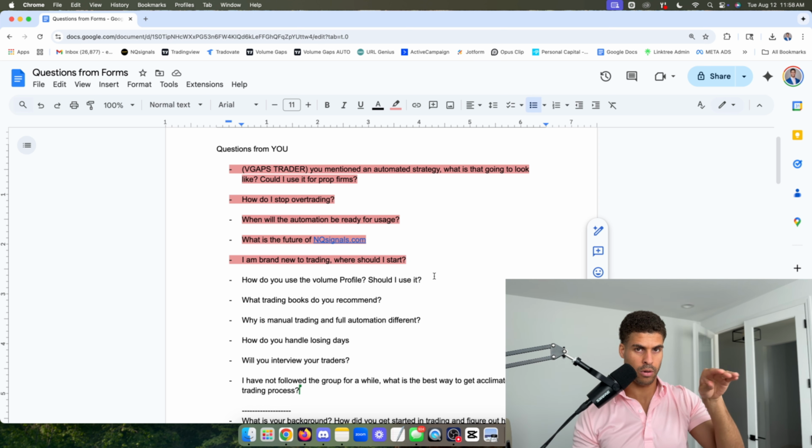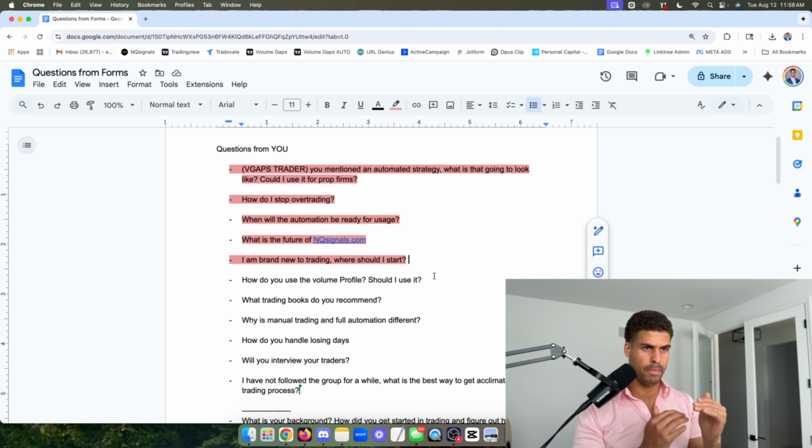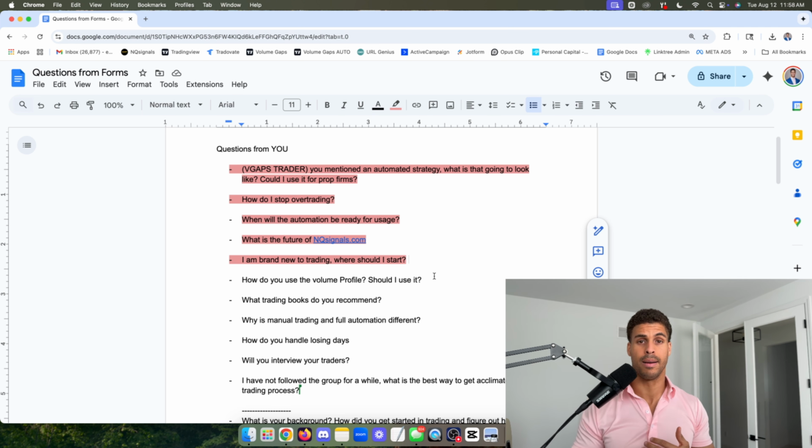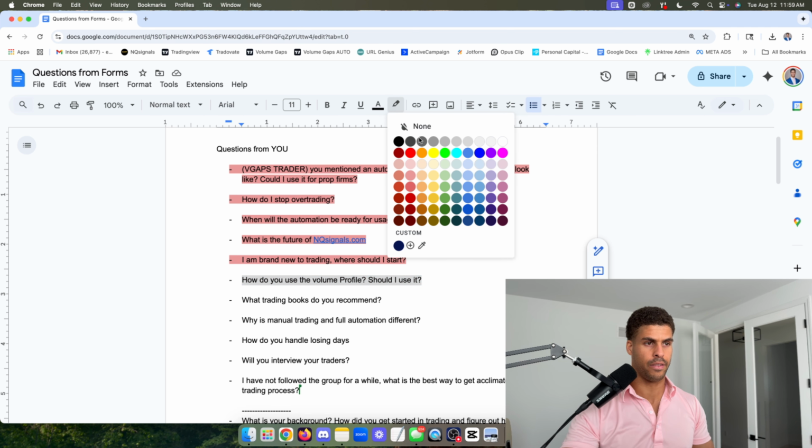I wanted to find where there were very little transactions. Like where was price bouncing consistently? The volume nodes is what it is on the volume profile. The nodes, where were the lowest nodes? And so we were able to catch quite a few really good trades and that moved very fast using that simple strategy. So that's what we did for the volume profile. That's how I trade it. And it's very consistent and it wins a lot. So you have seen it by a lot of the VGAP traders.